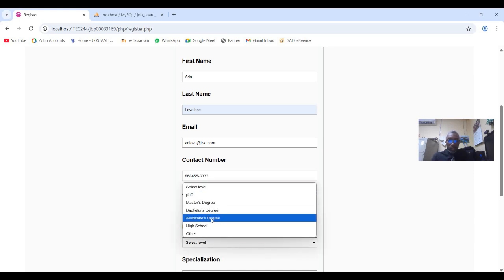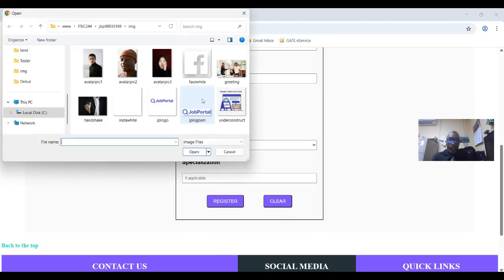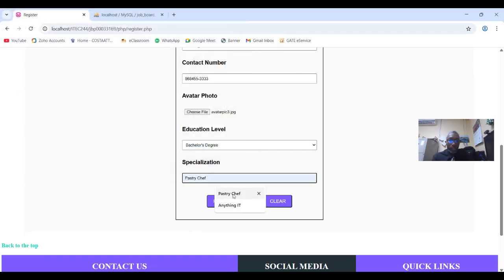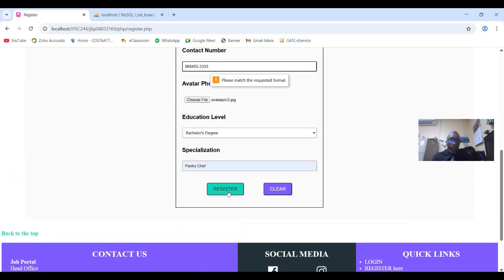All right, she has a bachelor's. We're going to choose the avatar photo. This is a lovely photo of Ida. Open, and she's a pastry chef. We're going to hit register. This is what I was talking about, followed by